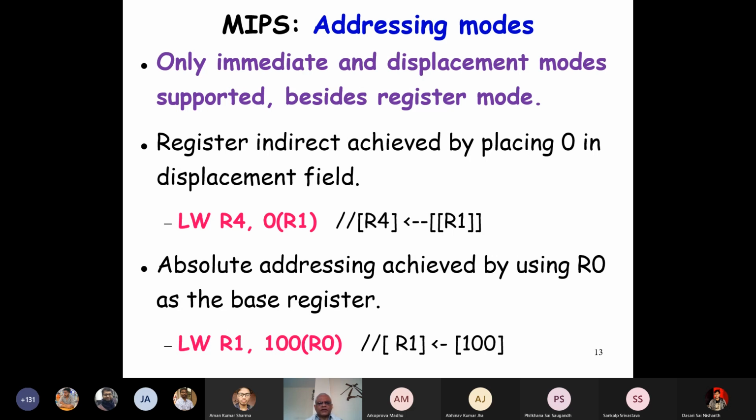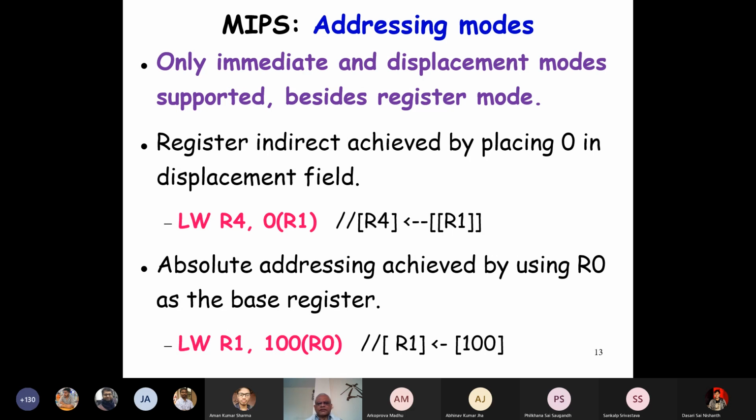And for the absolute addressing, where we need to specify the memory address, we use R0 as the base register in the displacement mode, and in the offset we have 100, which is equivalent to the absolute mode. So we don't really write load word R1, 100, even though I showed that in the previous example for simplicity. We write this because we don't have an absolute addressing mode in the MIPS processor.